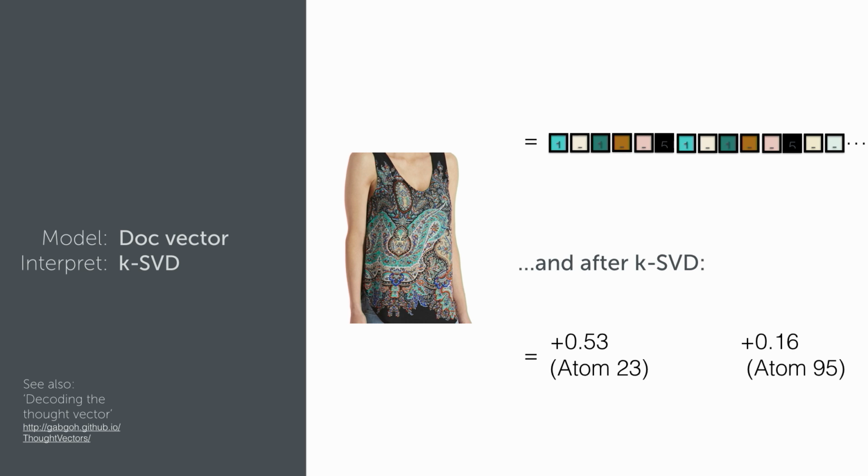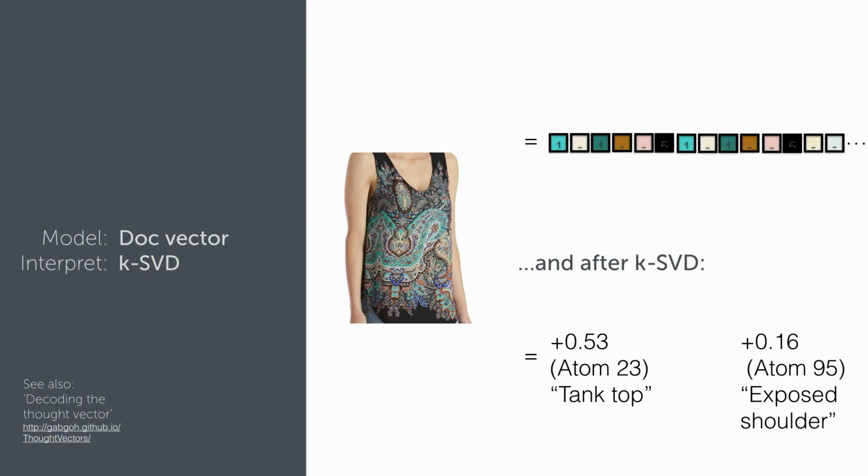So this is another trick from the old world that brings interpretability in a really useful way. Before the KSVD, my CEO would come up to me and say, hey, Katrina would ask, what are our clients saying about this particular style? And I would just hand her back this dense vector, and she was like, what am I paying you for? There's no way I can actually do anything with that vector. But after the KSVD, it'll actually return you back saying, it's plus 0.53 in atom 23 direction, it's plus 0.16 in atom 95.